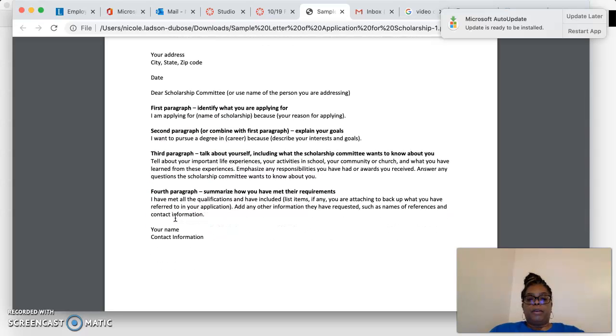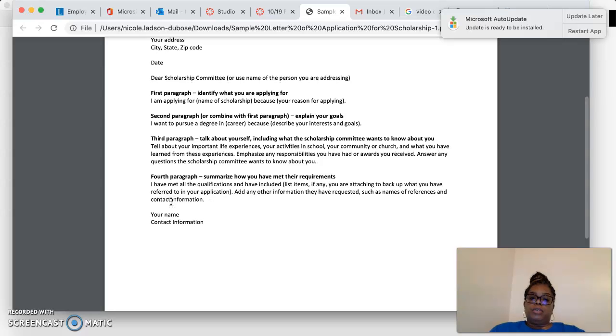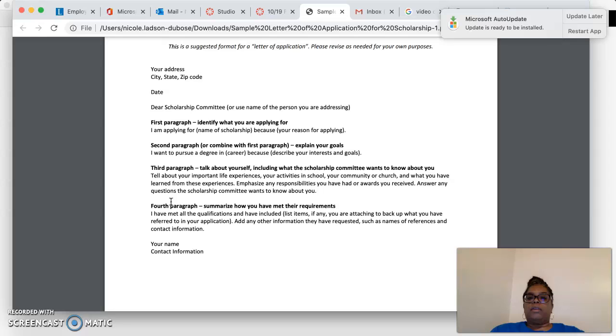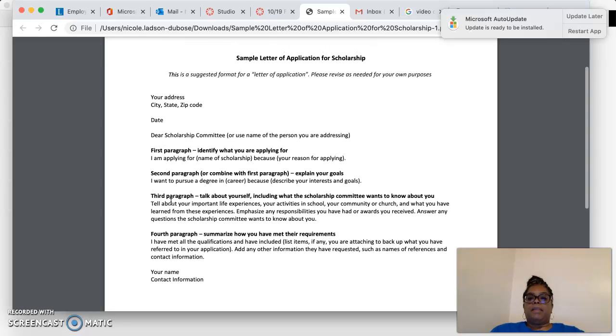And then in the fourth paragraph, you're going to summarize how you have met the requirements they're asking for this particular scholarship. So this is very general. And what you can do is use this scholarship letter over and over again as you apply for scholarships as they become available.